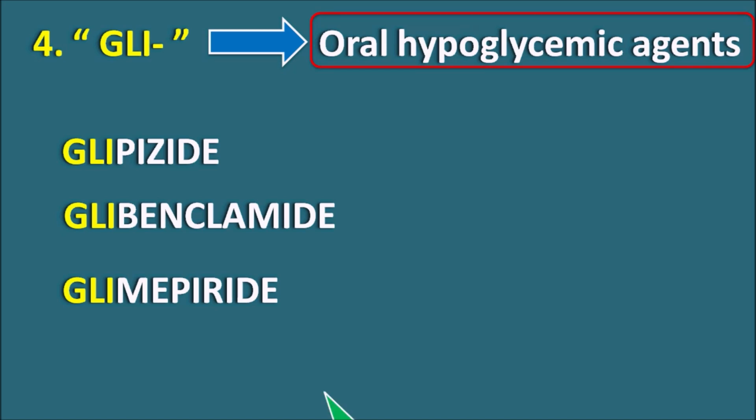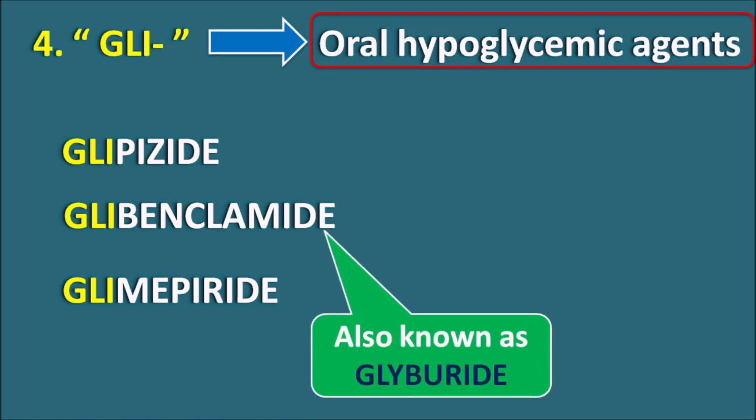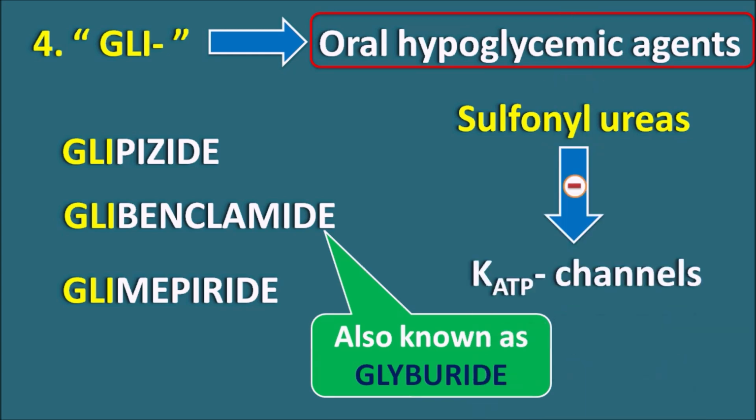And here glibenclamide can also be known as glyburide, where it is having a prefix GLY. And these drugs are the second generation sulfonylureas. First generation is the tolbutamide, but second generation are starting with the prefix GLY. So these second generation sulfonylureas are going to inhibit the ATP sensitive potassium channels on the beta cells of the